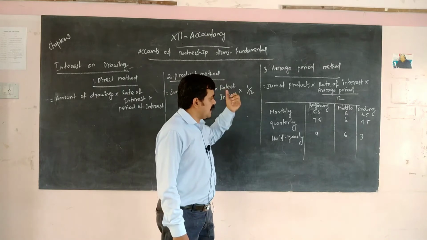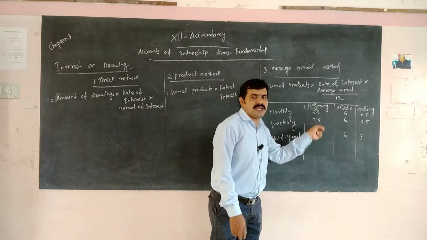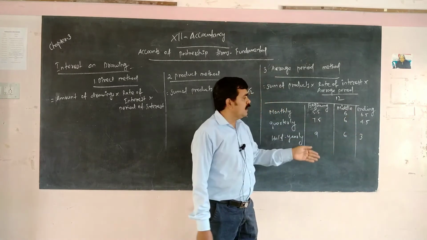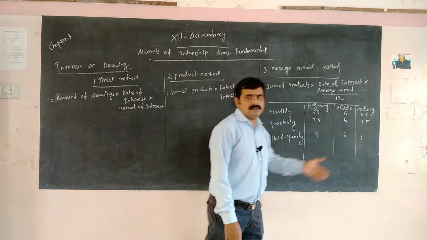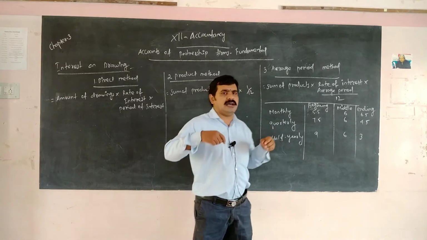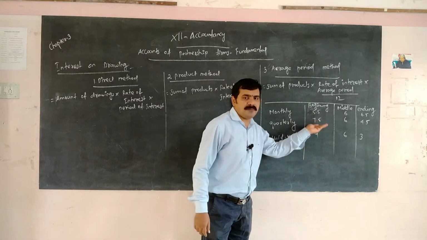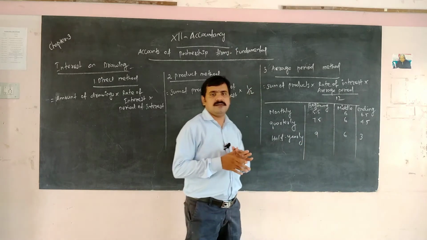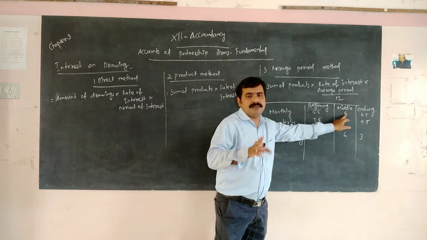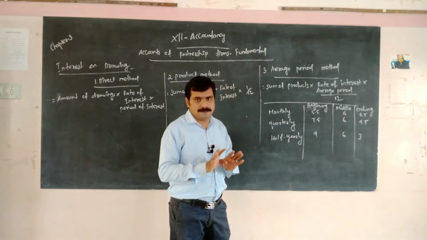In case you take monthly drawings: the beginning of the month, you have to take 5.5. The middle of the month, you take 6. The ending of the month is 6.5. So this is monthly, on the basis of the month. In case the drawing is at the beginning of January, you take 5.5 divided by 12. That's all. Next is 6, the middle of the month. Then the ending of the month is 6.5. This is a very important table.